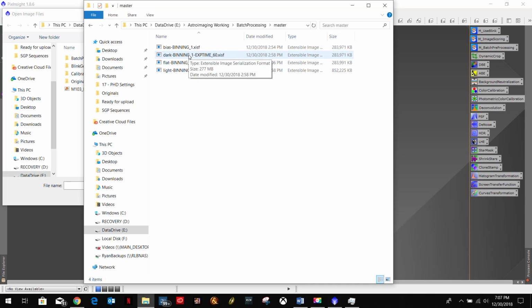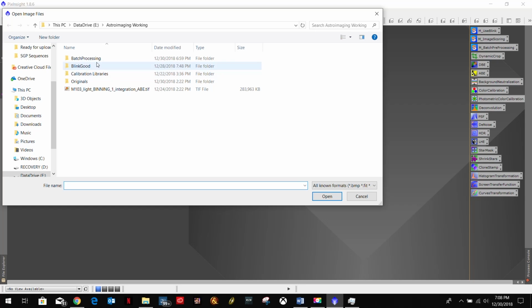The darks are 1 minute exposures. Everything's ISO 1600. I could tag those as my master and use them over and over and over again, and not have to recalibrate and re-register, which we're not going to worry about at this point, because I do need to redo pretty much everything, and I think I want to redo my flats as well. But the one we really want to concern ourselves with right now